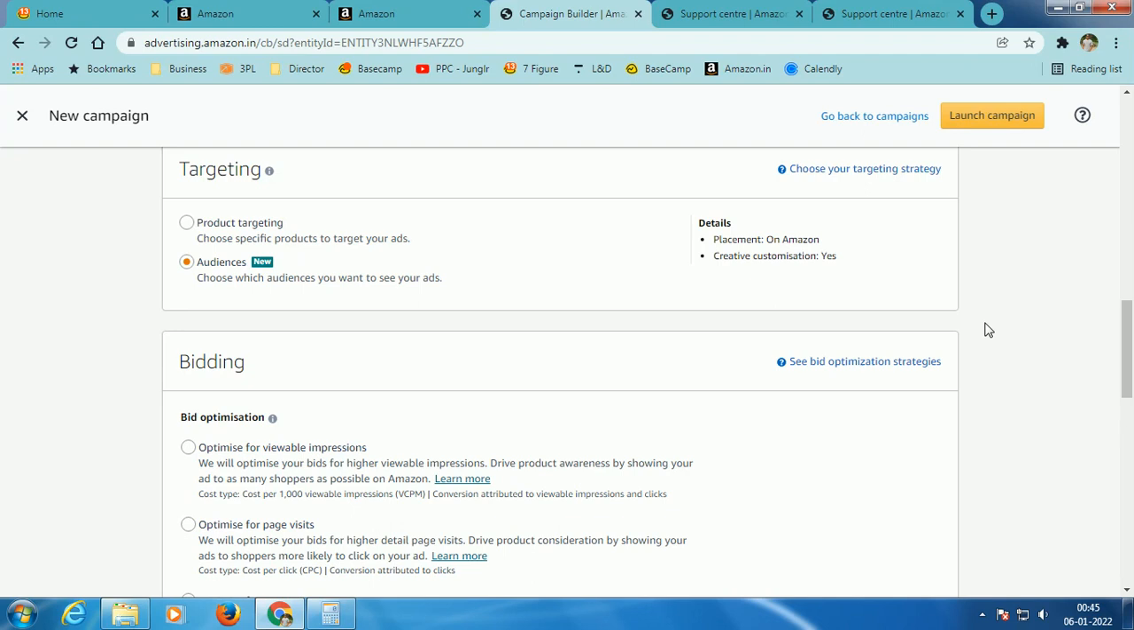This feature is available for everyone, whether you are brand registered, trademarked, or non-trademarked and non-brand registered. This option is there for everyone, so I request you to explore this section and make the best use of it. All right, so starting with